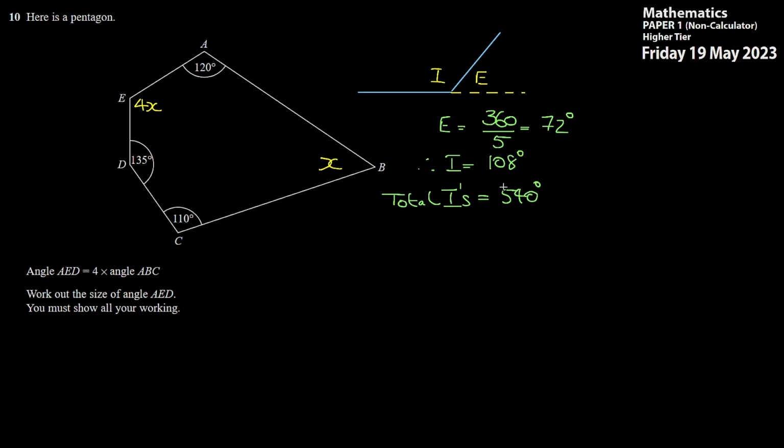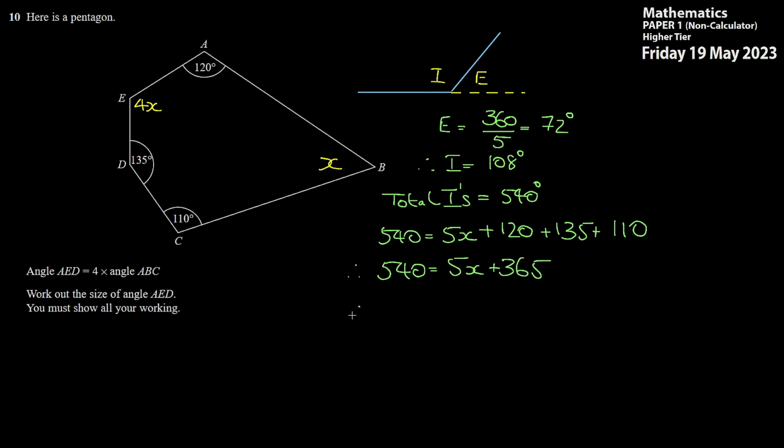There's the equation that I want. This lot added together will equal 540. Let's write that out. And adding these 3 angles up, we get 120, 230, 365. And therefore we get that 5x, turning it round slightly, is equal to 175, and x is equal to